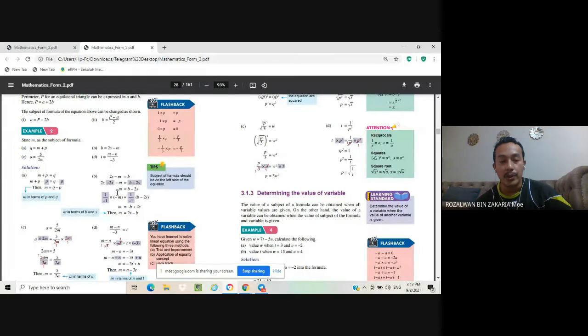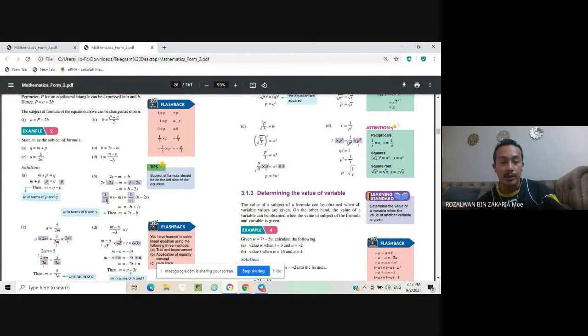All right. So this one we have minus M. We want to make it become M only, positive M. So we don't want this minus. So how to cancel this minus? That means we have to multiply with 1 over minus 1. Okay, so 1 over minus 1 multiply with the minus M, then equal to 1 over minus 1 multiply with the B minus 2S. So you write like this in bracket B minus 2S.